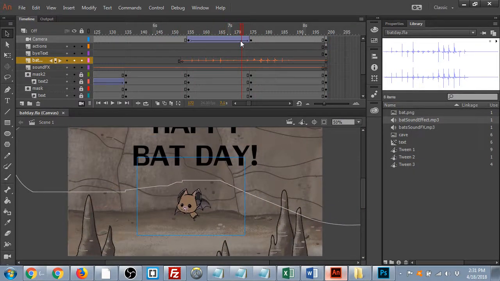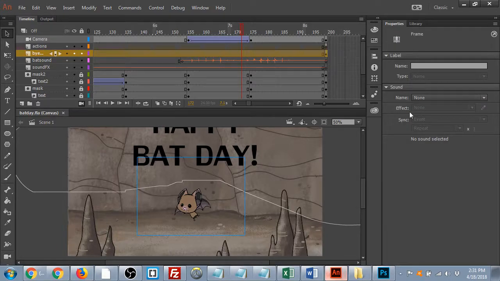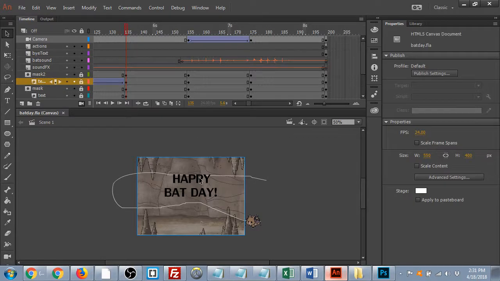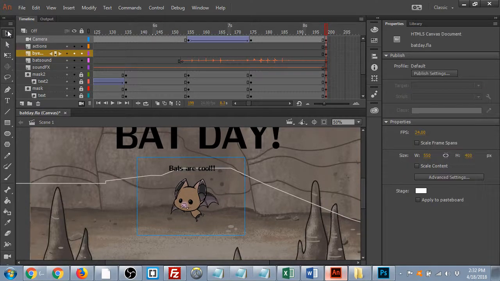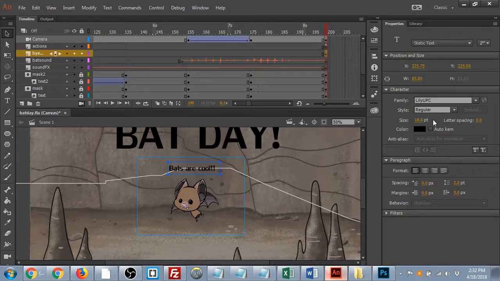Okay. Anyway, one other thing with the text. I can't remember if I went over this with you guys or not, but let me go to the bad is cool one. If you use a font that's not a common font and it doesn't exist everywhere, then you need to make sure you